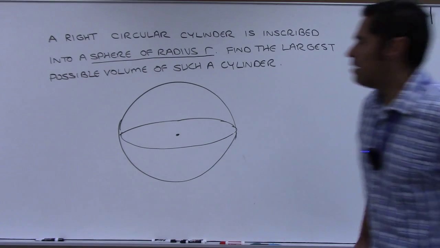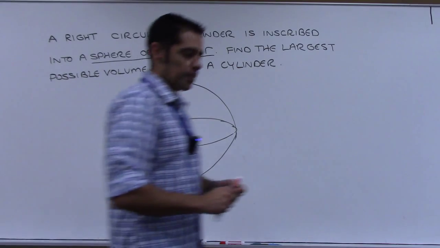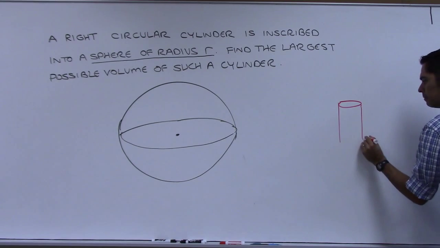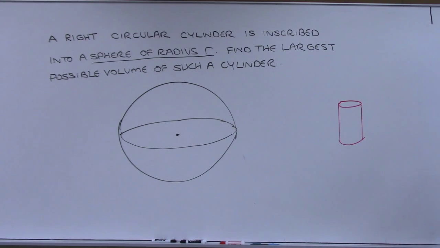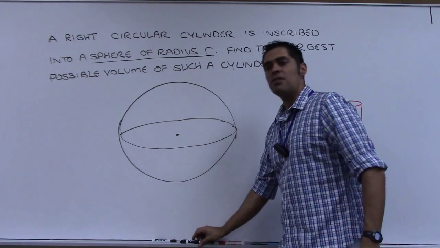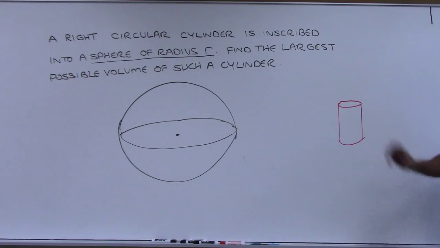And then we have a right circular cylinder. Now, what's a right circular cylinder? It's a beer can, right? And what I want to do is put this beer can into the sphere. And I want to know the largest volume possible for such a can. But it must be